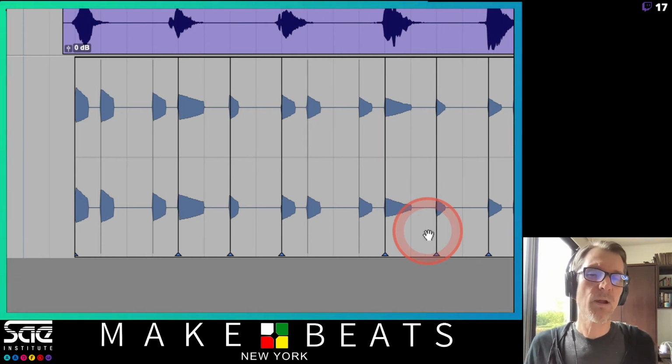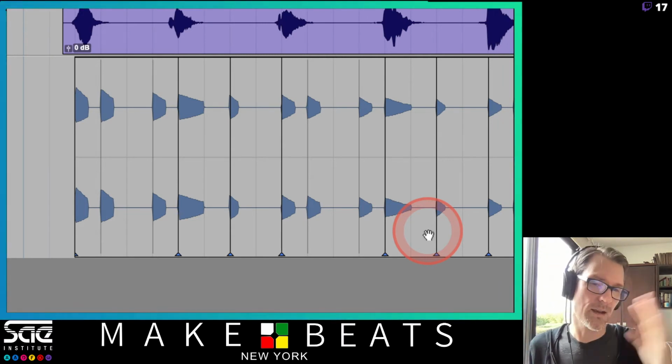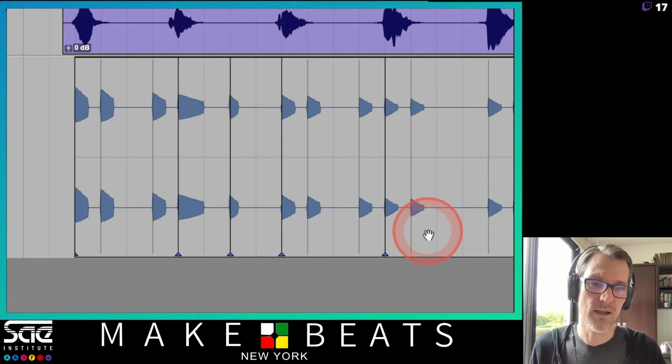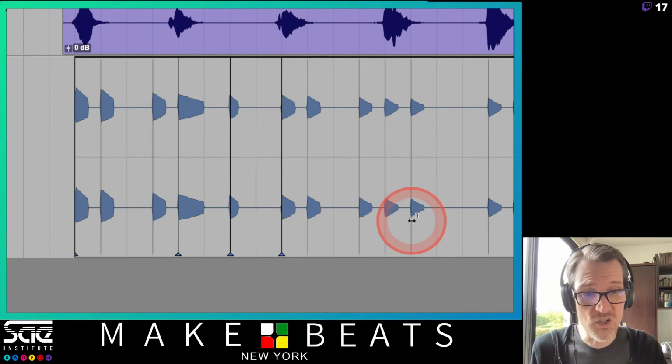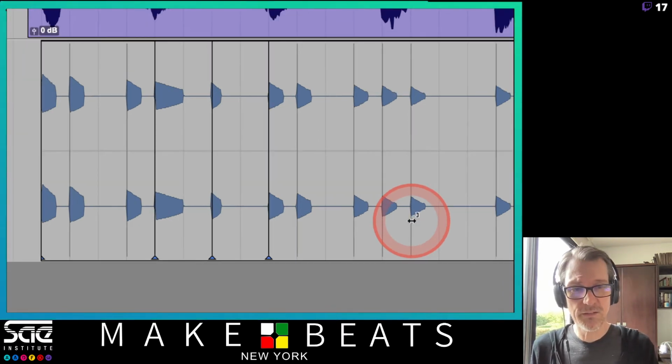Right? The problem with that is that it's a lot of clicks. I have to click on the left, I have to click on the right, and then I can move it around. Well, I don't want to click on the left and the right. All I want to do is take this one and grab it and move it. Well, I can do that by holding down my Shift key, and see how this turns into a little TIE